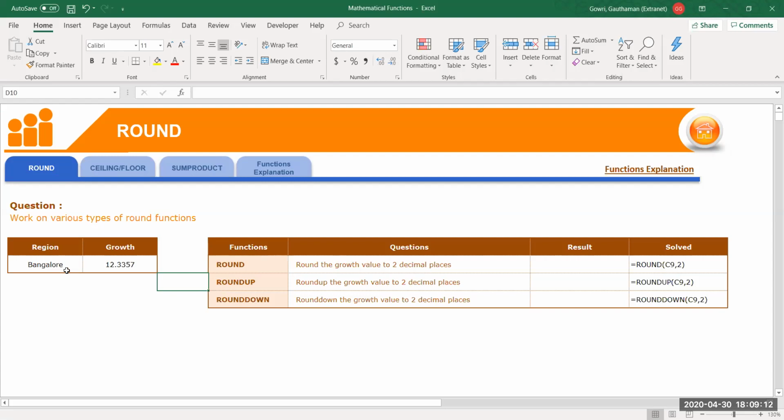Okay. So here you can see we have round up and round down. These functions are used to round off decimal values to a certain number of decimal places. See, this is a huge decimal value. Now over here, use the round function. You give the number to be rounded off and mention the number of digits. I'll say round it off to 2 decimal places. You will get this.